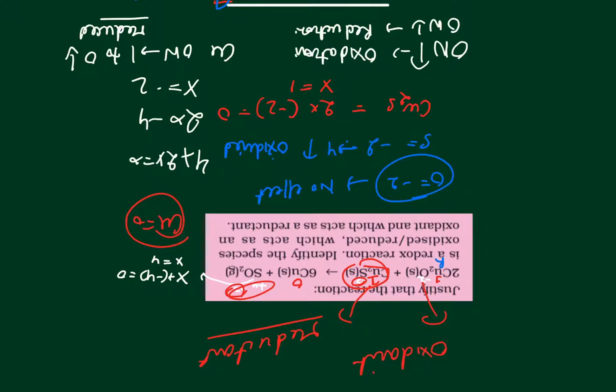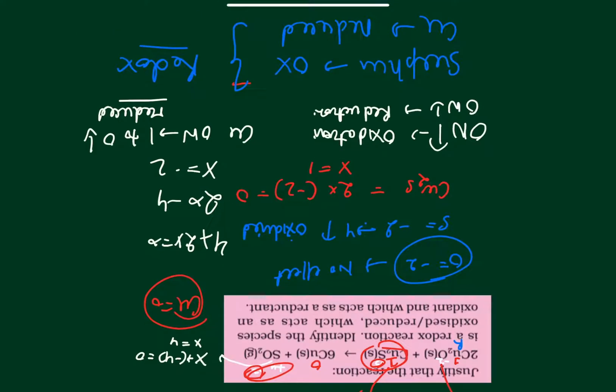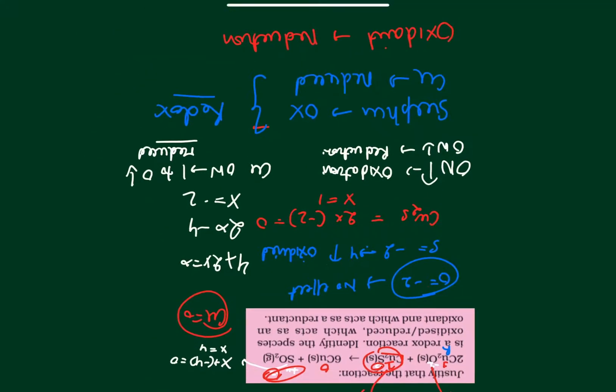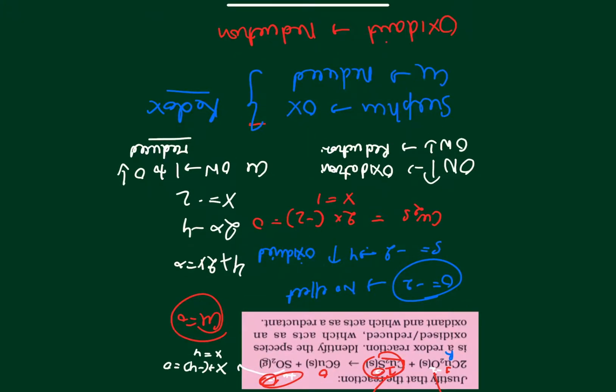This is to be remembered that the reductant will bring about reduction but itself get oxidized, whereas the oxidizing agent or the oxidant will itself get reduced but will bring about oxidation. This is something which is common in all the oxidizing and reducing agent based questions, which you should know. So all the redox reactions, oxidizing agent, reducing agent, we can easily calculate using the oxidation number method, in which change in oxidation state can help us to understand whether a substance has undergone oxidation or reduction.